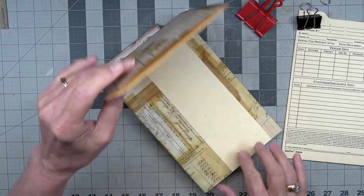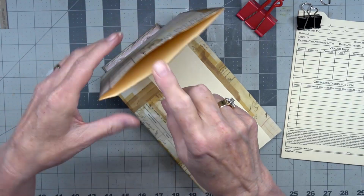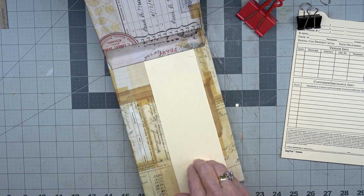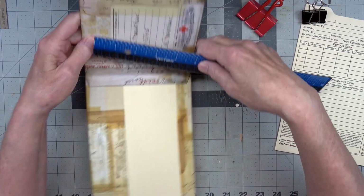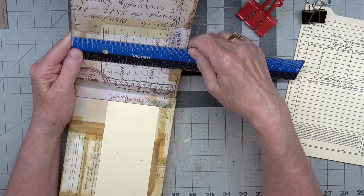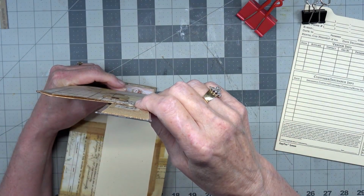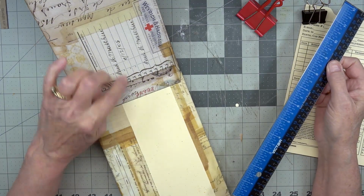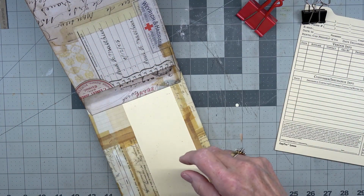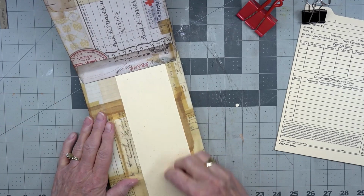Woohoo! Look at that. And look how big that pocket is. Ooh, that's a nice one. Okay. What does it measure? It measures 5 3/4 by 8 1/2. 8 1/2 by 5 3/4. Cool. I love it. And now we need to make this bottom pocket, but before we do that, we have